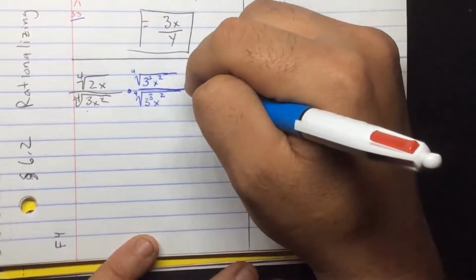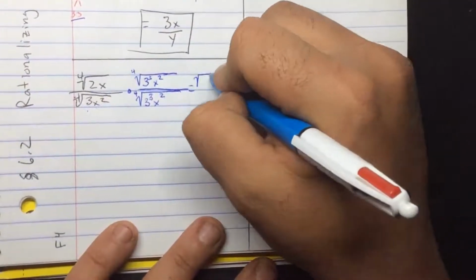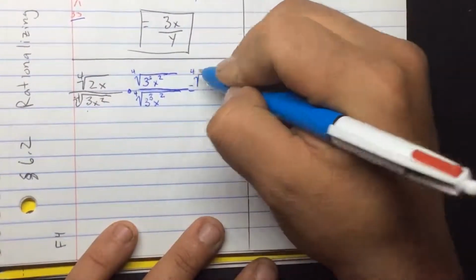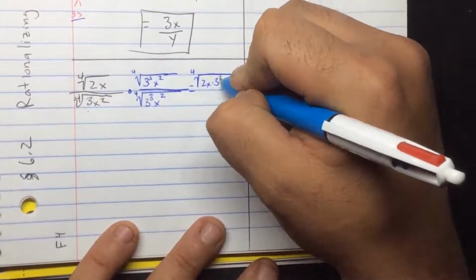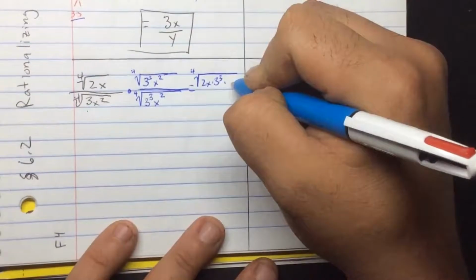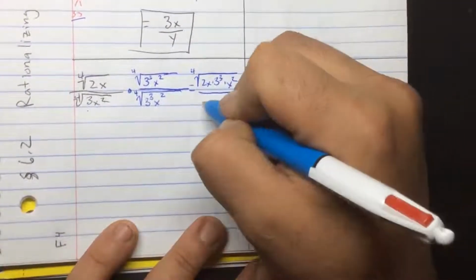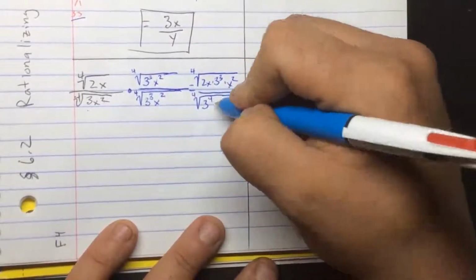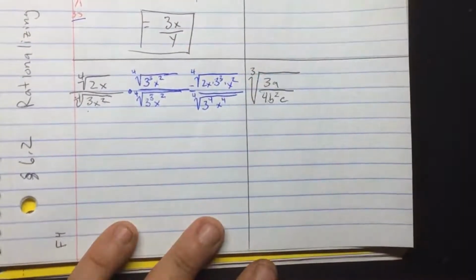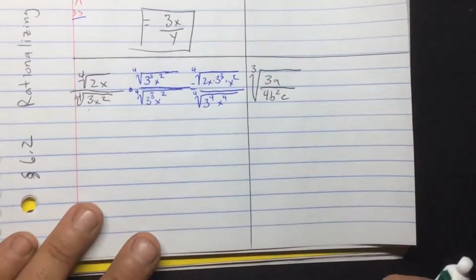So we have equals. On the top, we're going to have the fourth root of 2x times 3 cubed times x squared. In the denominator, we're going to have the fourth root of 3 to the fourth power times x to the fourth power, which is what we need to get it out. So when we write this down here,